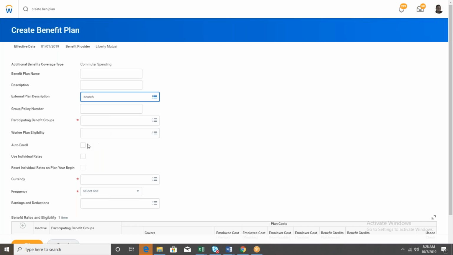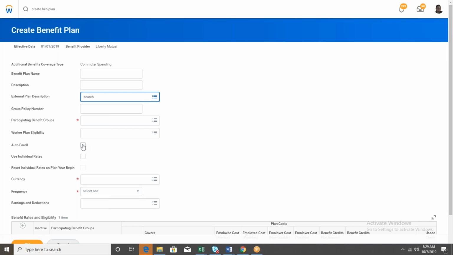Further, you can create it here. Okay. Then auto enroll. So auto enroll means forcing the employee to take the plan. Some plans, as I said, are mandatory. We can't skip those. Employee can't skip those plans. They have to accept the plan at any cost. So in that case, we will select auto enroll. Once the plan is initiated, it will be defaulted to the employee. You no need to select or pick the plan. So if you think the plan is mandatory, then you have to select auto enroll. So automatically the plan will be assigned to the worker.